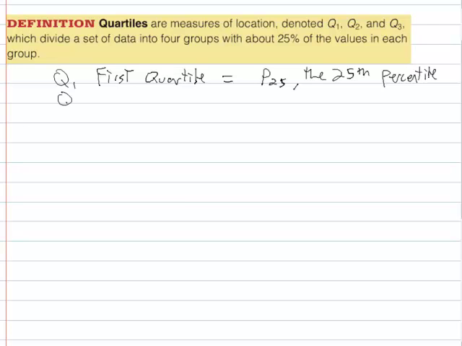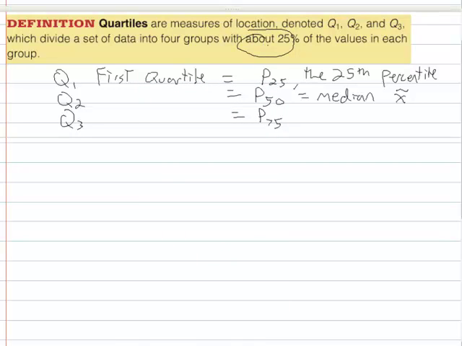And Q2, of course, is the second quartile, and it's equal to P50, which is also equal to the median, which is X tilde. And then Q3, of course, the third quartile, is equal to P75. So we've got this divided into four groups with about 25% each,